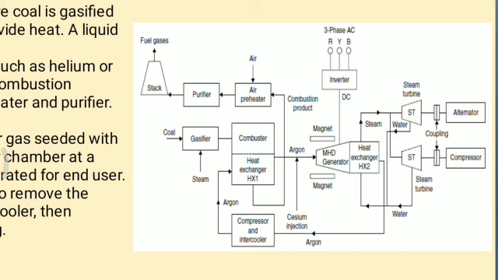The second loop, which originates from the MHD generator, is used to prepare the exhaust gases to be reused in the system. And the third loop is used to reuse the exhaust gases to run a generator turbine. By converting the water into steam, this steam passes through the generator turbine to generate electricity. So in this system also, the exhausted heat is used again to run a generator turbine. That's why it is also part of a closed loop system.